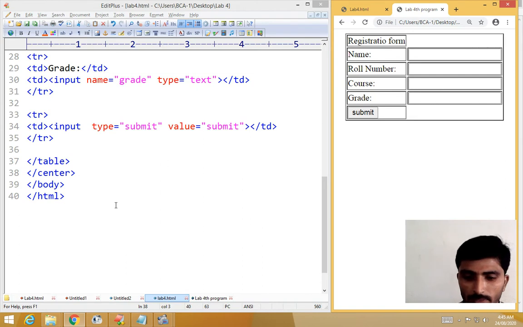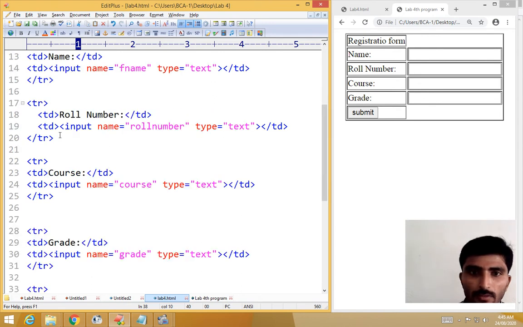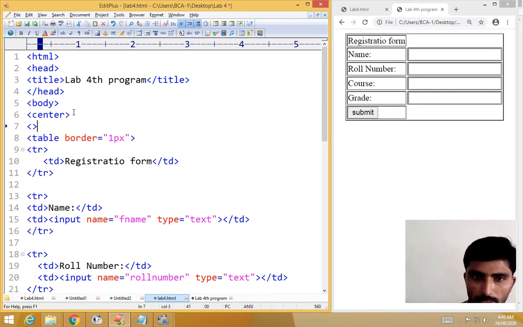Now after this, what I will do is, after center we have to create one form like this. So we have to tell the browser this is a form. For that we are writing form, we are creating a form.